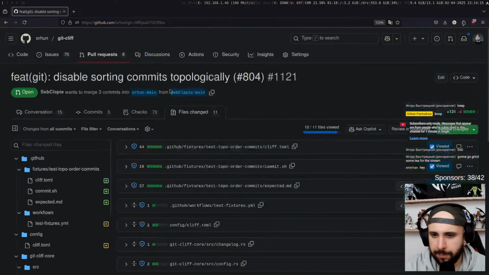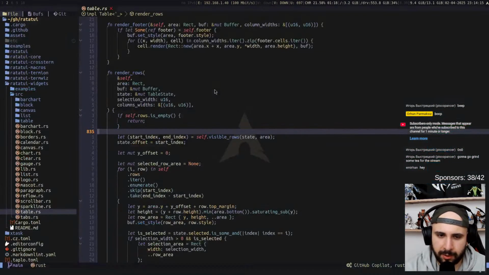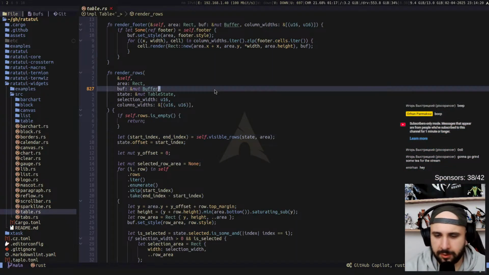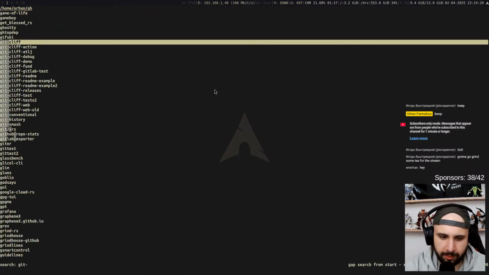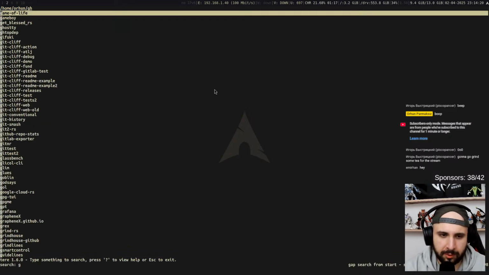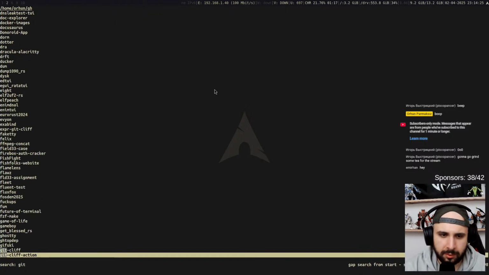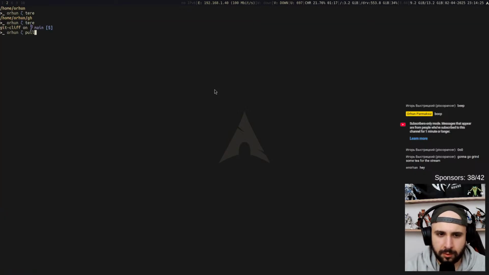If set to true, commits are processed in topological order instead of chronological. Yeah, that seems correct. There's also a slight formatting issue. Let me actually try to push this branch. I mean, it's on main, so I won't be able to push it, but I'll try it either way. It's PR number